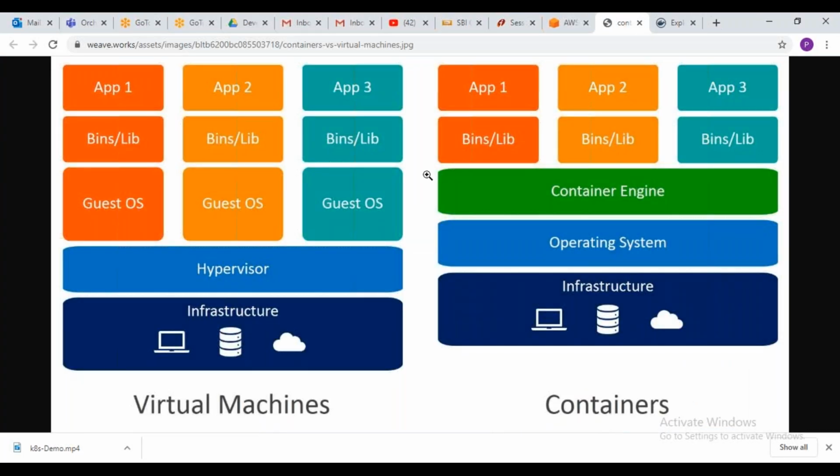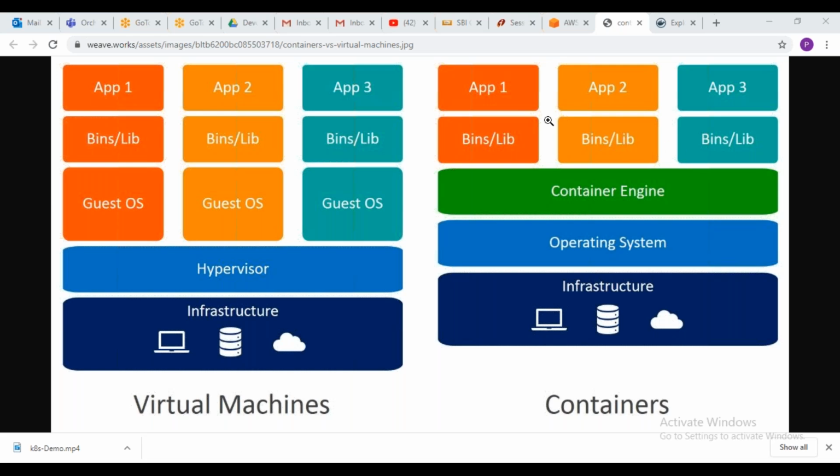This one, right? You told us that in the first image, on the left side, the VM, application 1, 2, 3, all these three applications are independent of each other. It means isolation, right? Similarly, Docker is also providing the same thing: application 1, 2, 3 are independent of each other, isolation. So what is the major difference? Is it only the size of the application, or is there any other important difference?